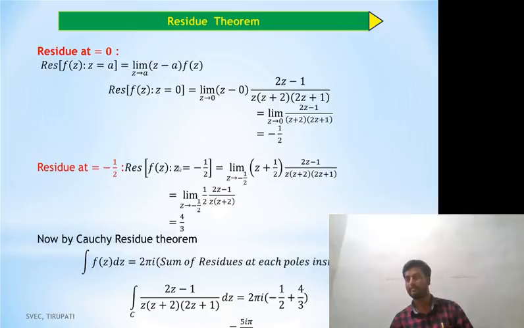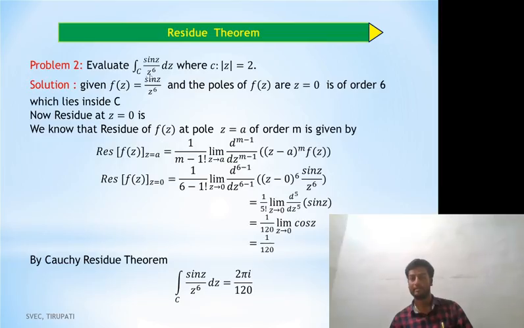So the Cauchy integral formula and residue theorem are applications to find such integrals. Now see, evaluate the integral of sin z by z power 6, where C is this. The given circle is mod z equal to 2. Now for poles, z power 6 equal to 0, so z equal to 0. If we substitute here, mod z less than 2, mod 0 is less than 2, so the pole lies inside. It is a pole of order 6.